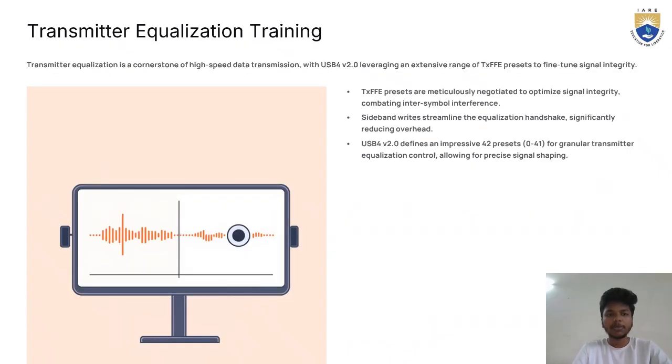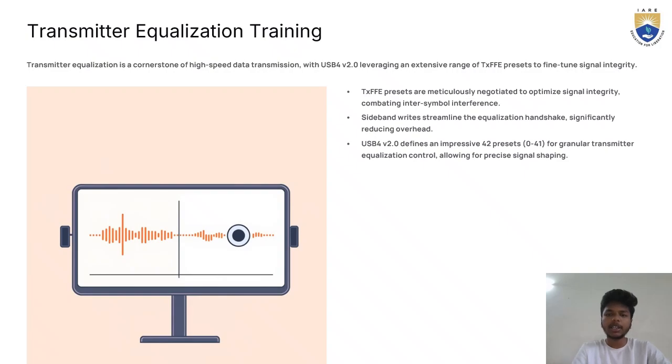Now moving on to transmitter equalization training. Transmitter equalization is a cornerstone of high-speed data transmission, with USB4 version 2.0 leveraging an extensive range of TX FFE presets to fine-tune signal integrity. These presets are meticulously negotiated to optimize signal integrity, combating inter-symbol interference, and the sideband streamlines the equalization handshake